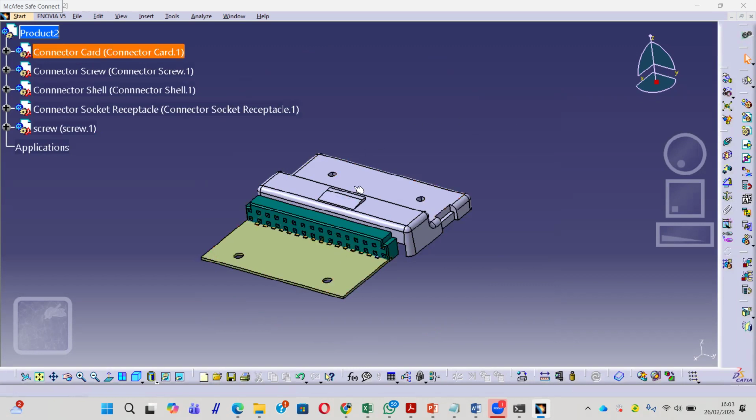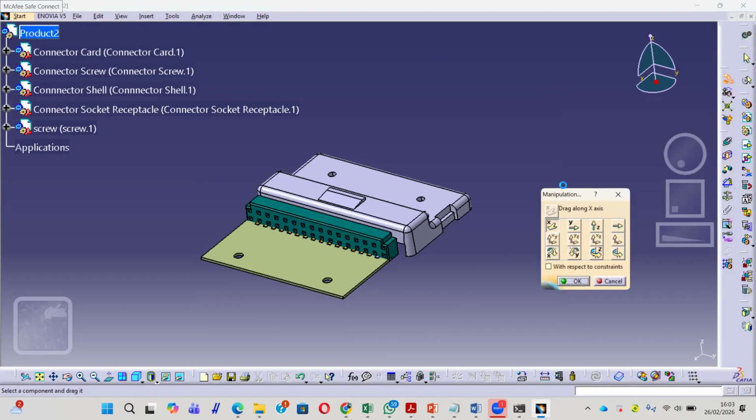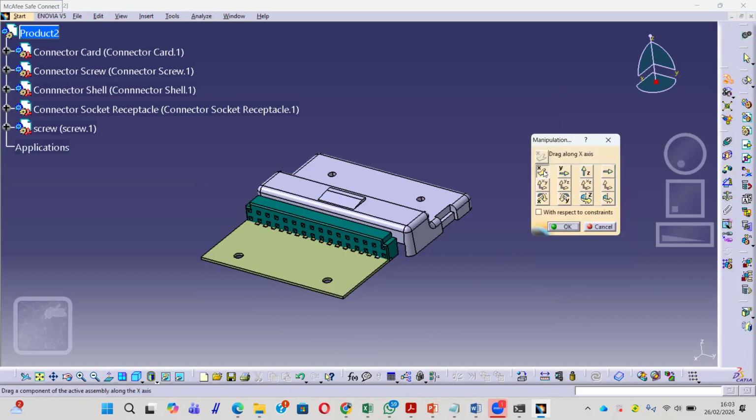Actually, you can move all parts manually. For example, you can use manipulation here. Just click, and from here you can see you can move to X direction, Y direction, and Z direction. Also, you can rotate with the axis of X, Y, and Z as well.